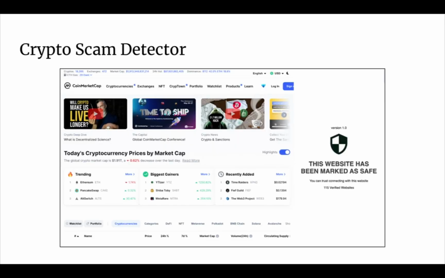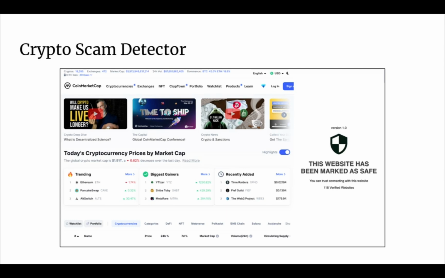Crypto scam detector. So this has a little bit over 100 users, and we use the CoinMarketCap API to be able to detect whether a website is a scam or not. So this is a Chrome extension built with no code, and what it does, it verifies the current website a user is on, and if it's in the CoinMarketCap database, it says it's safe.